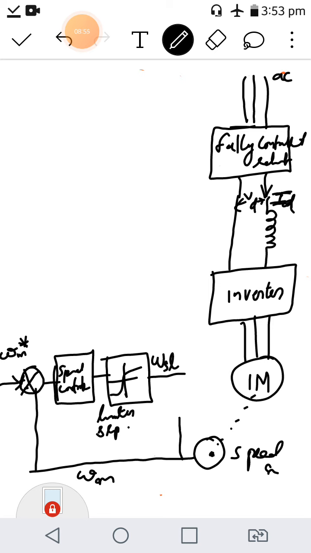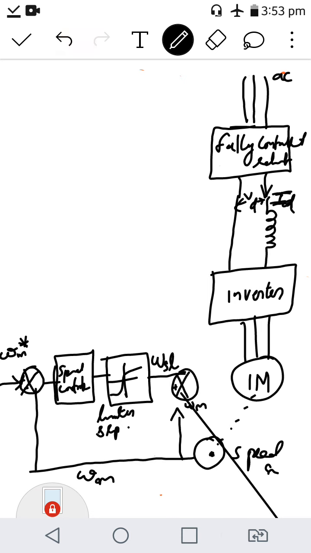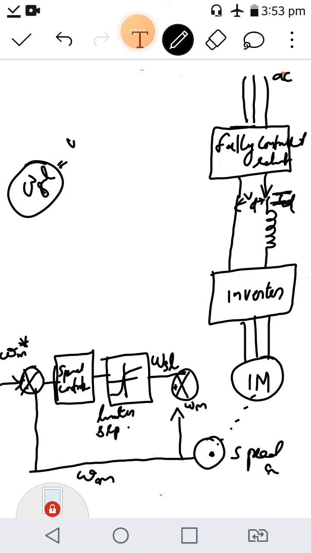This omega SL is added along with this omega m. What is slip speed actually? Omega SL is the synchronous speed minus the actual speed.